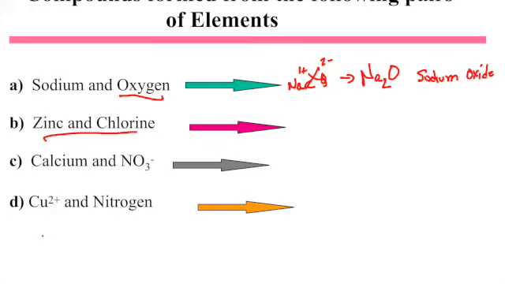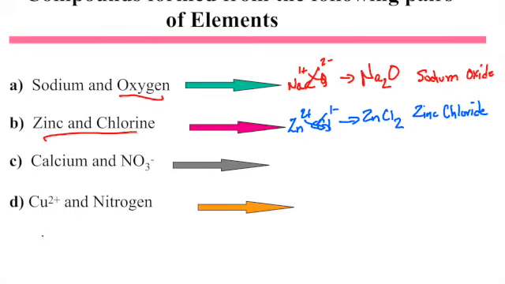Zinc and chlorine. Zinc, Zn, is a +2. Chlorine reacts to become a -1. These do not come together 1 to 1, so I have to use the cross method. Zinc, Cl2. Zinc is a transition metal, but because it's one of the exceptions, I do not use the parentheses. So zinc, I've named the first. It is a transition metal, but it's one of the exceptions. Chlorine becomes